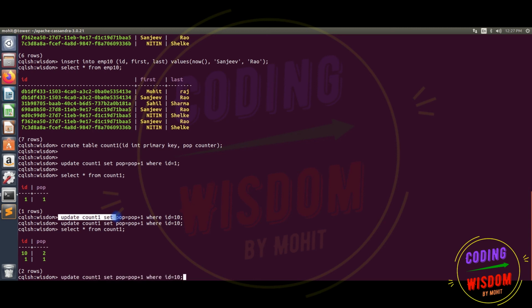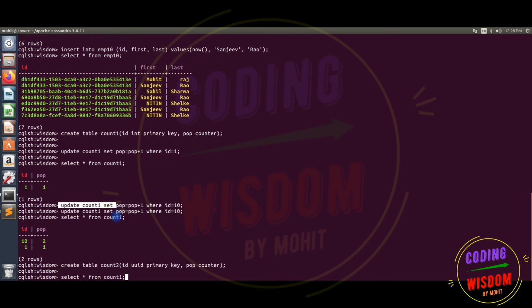You can also use UUID here in order to make the table. So I'm making a new table here, count2, and here I'm using UUID. Now you can insert where id equal to time now. You can use now here.